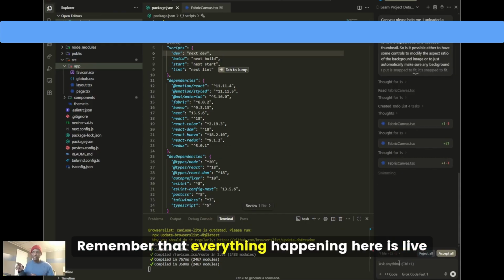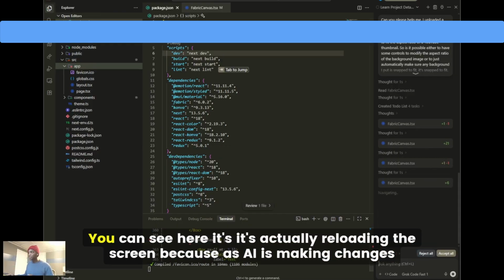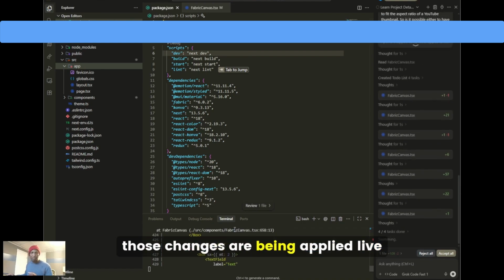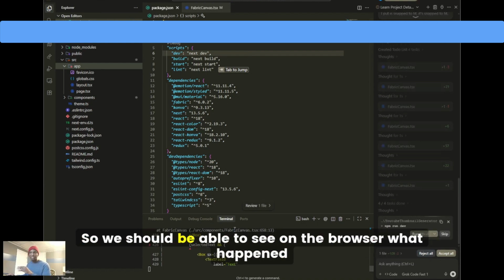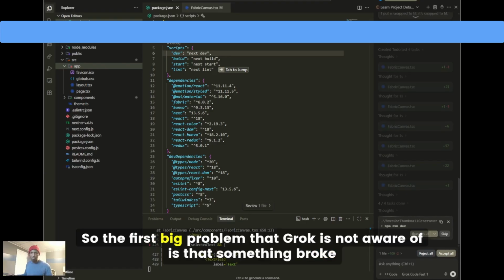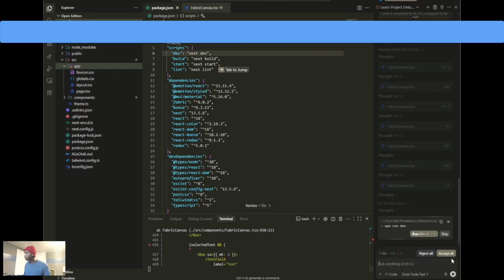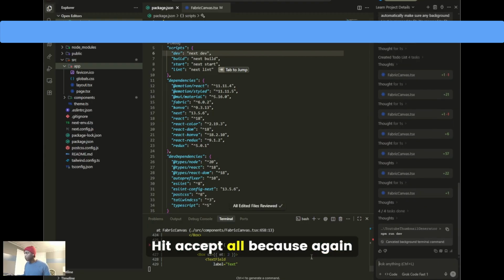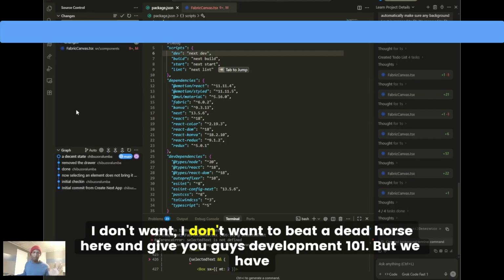Remember that everything happening here is live. You can see here, it's actually reloading the screen because as AI is making changes, those changes are being applied live. So we should be able to see on the browser what happened. The first big problem is that Grok is not aware that something broke. So I'm just going to hit stop, hit accept all,